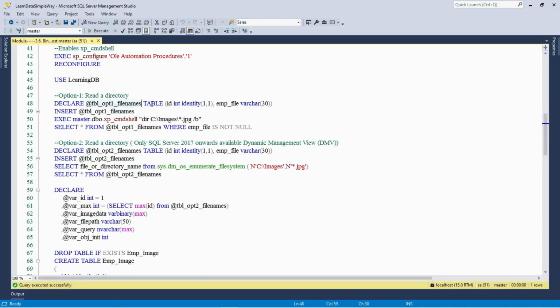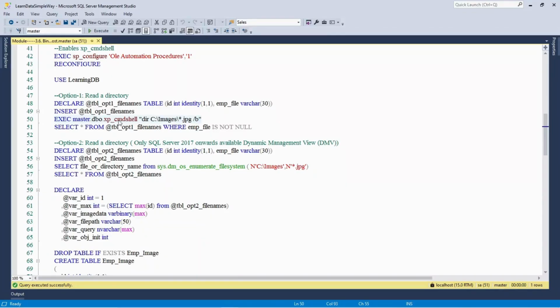Okay, now we are declaring this file names variable, this is a table variable that we have defined, so that we are temporarily storing the employee file, the file name, or say a file path, physically the file name only we are saving into that. So we are inserting the file name into it, after executing this master command, the XP,